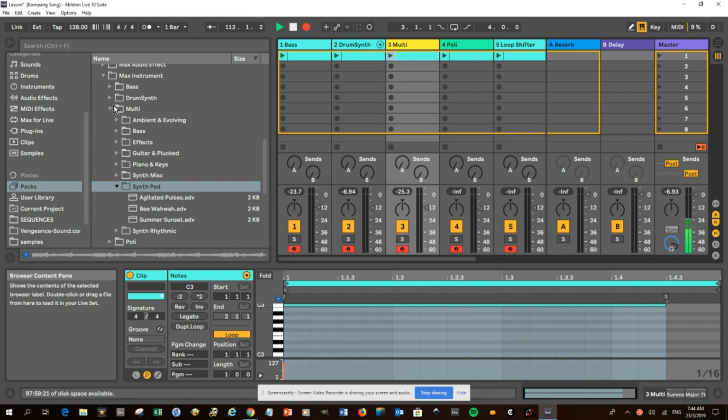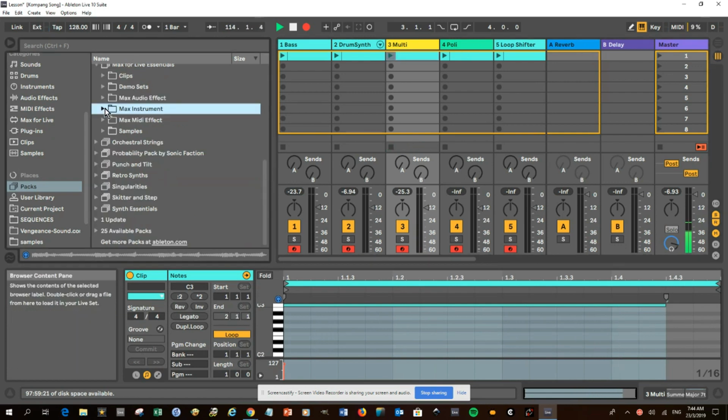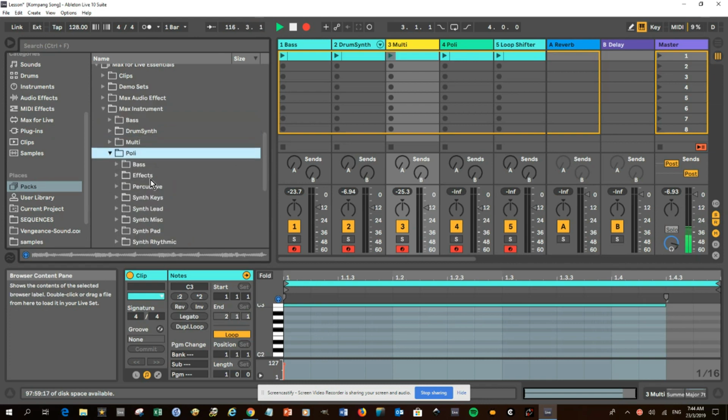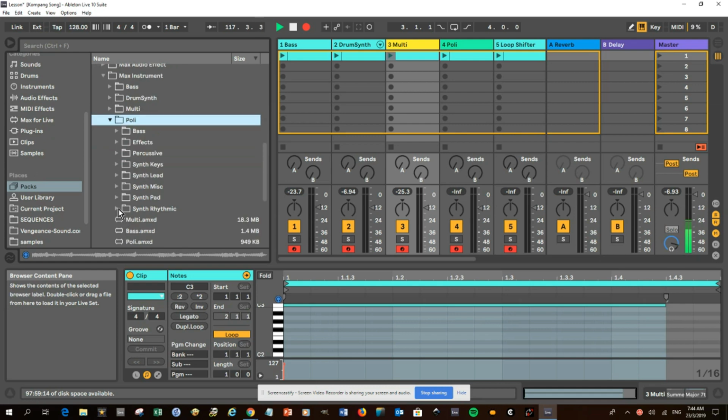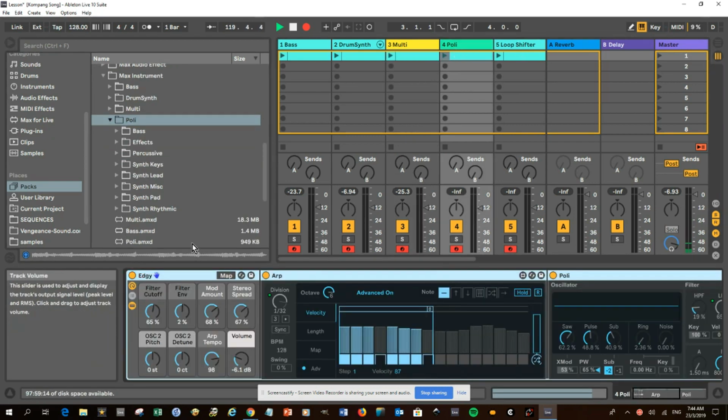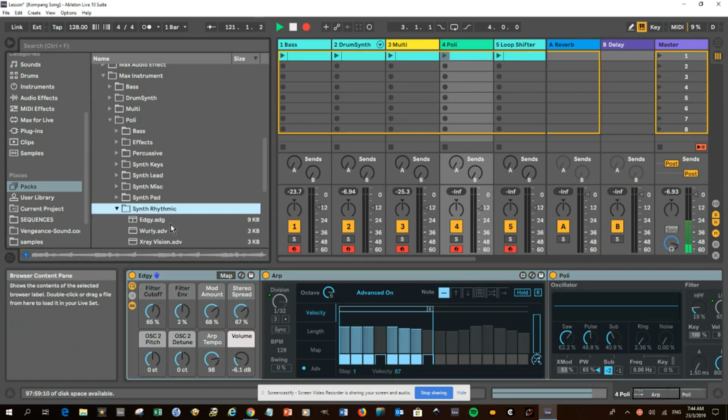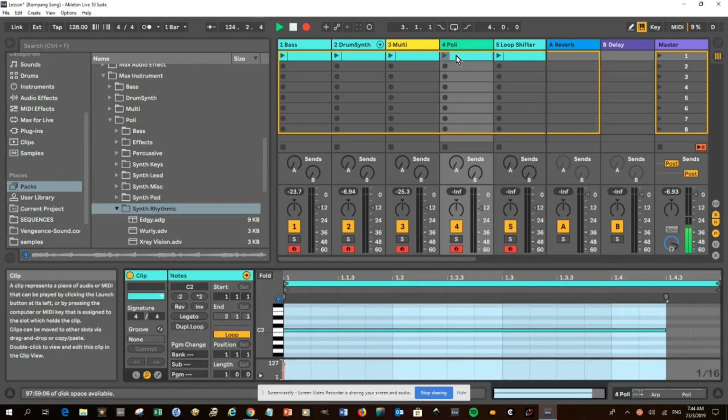Last but not least, under the Max instruments in the Max for Live Essentials, there's a poly, and here I've loaded up a rhythmic synth called the Edgy. The Edgy also has an arpeggiator built in, and even though it's a single note, you'll hear